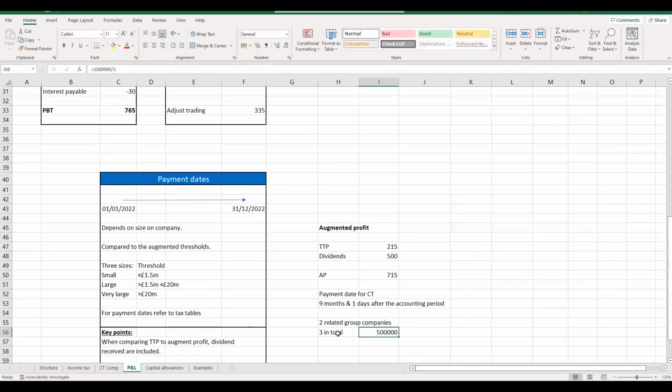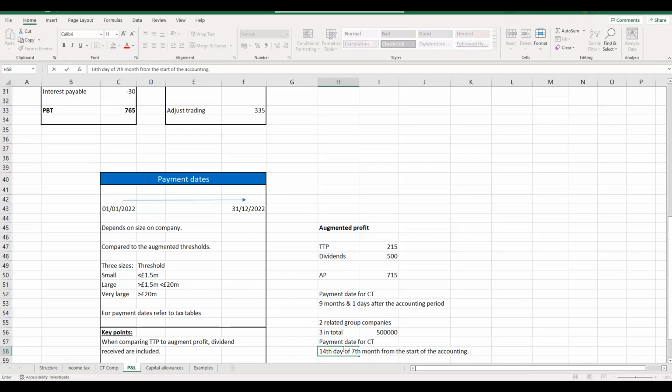So in that setting, of course, with our numbers, we would actually exceed the limit of being a small company. We're now in that large company, assuming we were large last year. So therefore, the payment date for corporation tax is going to be the 14th day of the 7th month from, and importantly, the start of the accounting period.